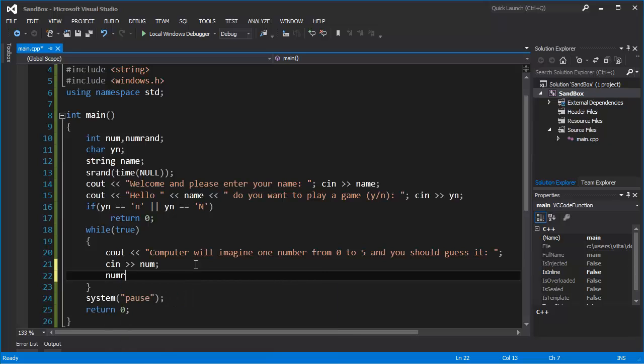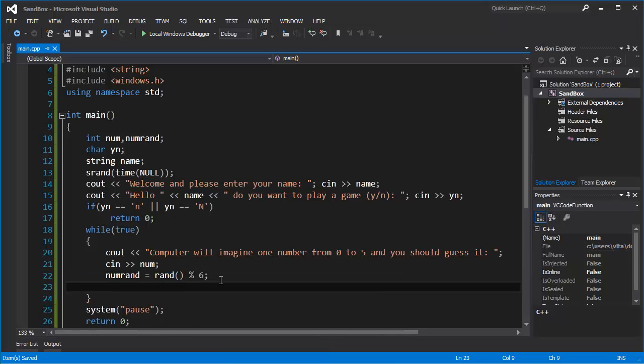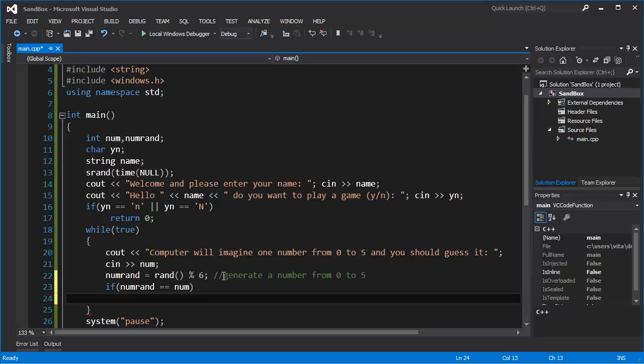NumRand, and store it in numRand. We're going to call the function rand, not 6, it means generate a number from 0 to 5. And if numRand is equal to number, if those two values are the same, you're going to prompt the message, you win,